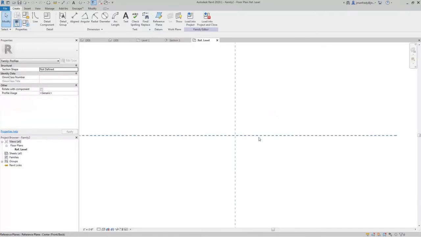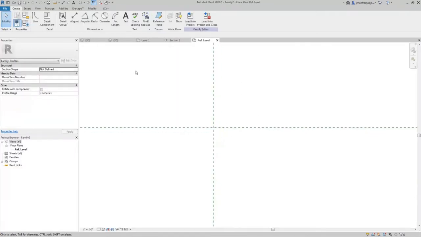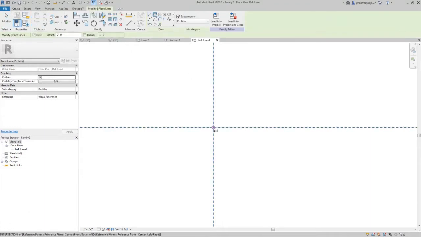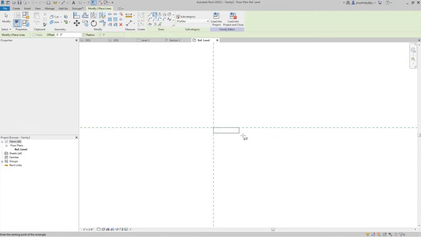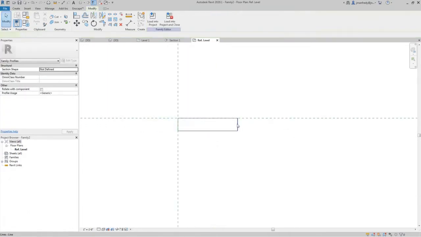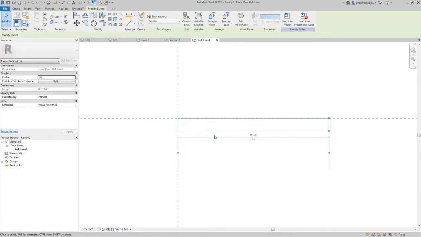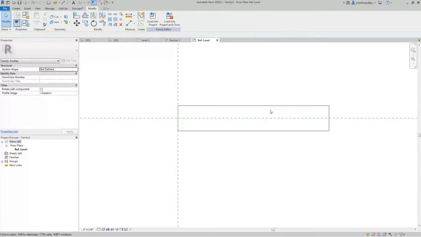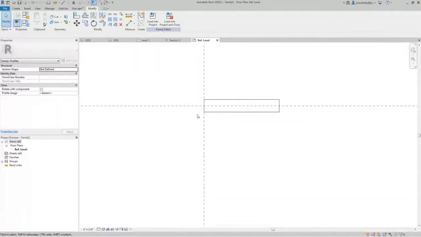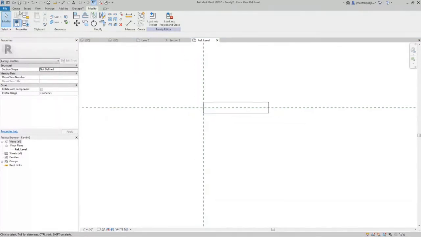I'm going to go into this family here, and I'm going to draw something, you know, with the line command. Say I draw something like that. And I give it dimensions, right? So let's say it's 3 inches, and maybe this distance is a 1/4 inch. Maybe it's supposed to be 1/2 inch. I'm not sure exactly what the placement is going to look like when this is loaded, but I'm going to